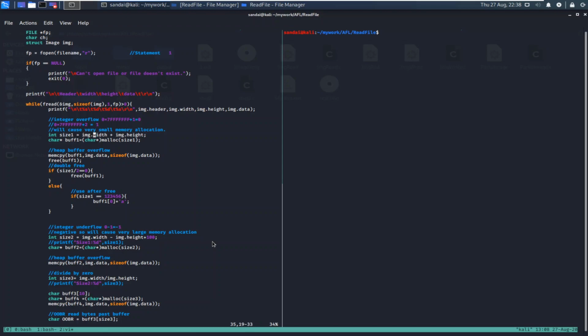So suppose here width contains the value 0x7fffffff and height contains 1, and since size is an addition, it contains the sum of those. It will become 0x80000000, which will be considered a negative value. And so size will actually contain a negative value, and it tries to allocate the memory over here, so it will fail.